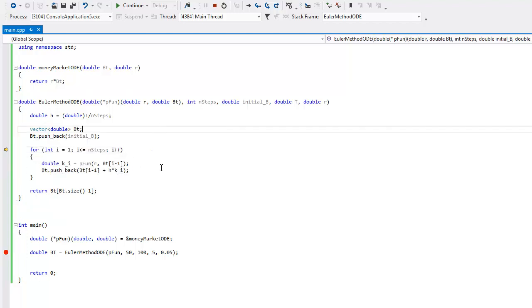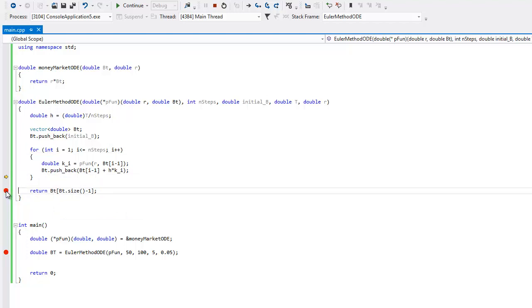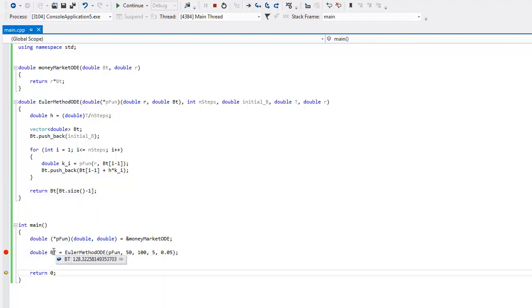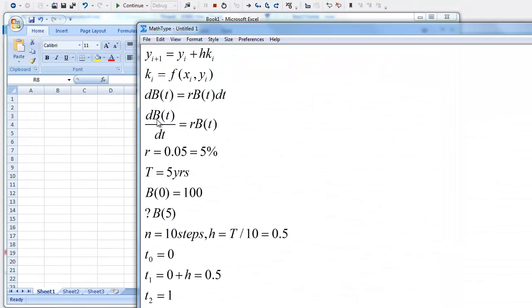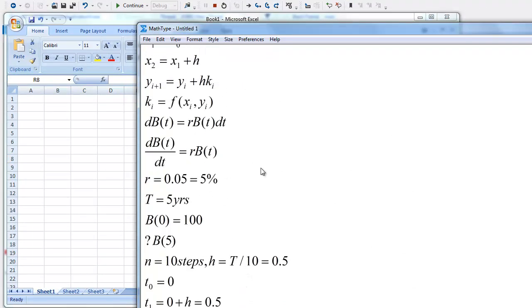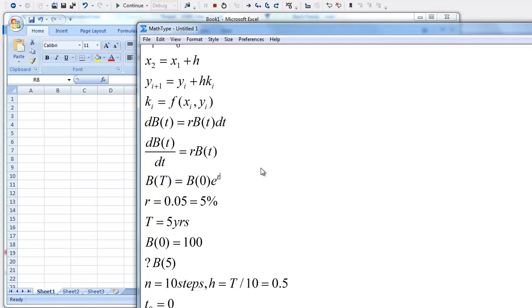So it holds the initial value of the money market account, then it always calculates the derivative and adds it to the previous state of the account. Okay, and when it ends, it returns some value, and this is the approximated value of the money market account after 5 years. We can compare it to the empirical result, because we can quite easily solve this equation, and you can indeed verify that the solution is bt is equal to b0 times exponential to